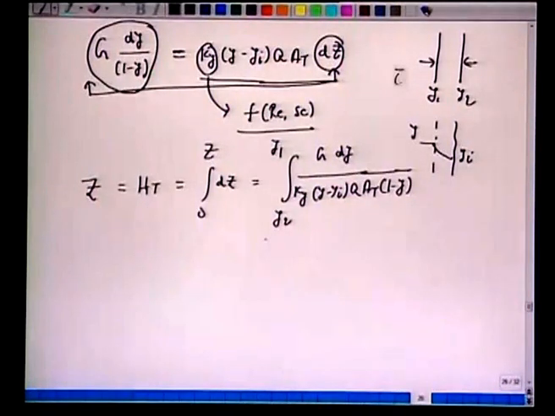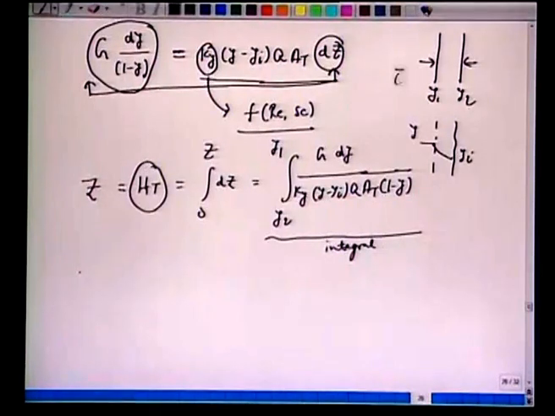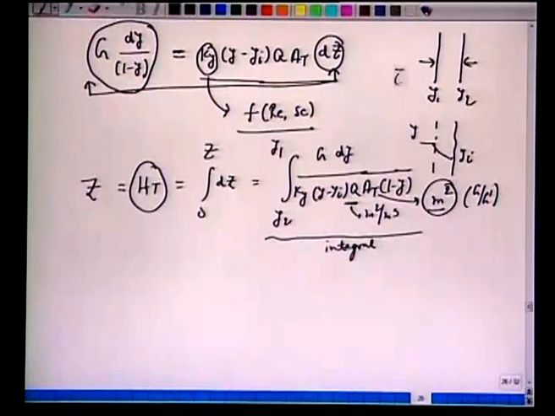If we can evaluate this integral, we should be able to get the height of this column. Okay. The interfacial area we have already discussed. This comes from the supplier, the manufacturer of the packing, meter square per cubic meter, and is known to us. AT, the cross sectional area in meter square, comes from hydrodynamics very often. Pressure drop considerations which we have discussed earlier, this is nothing but G over G prime, that gives us the cross sectional area from where we get this AT.